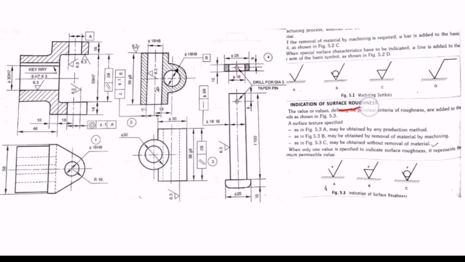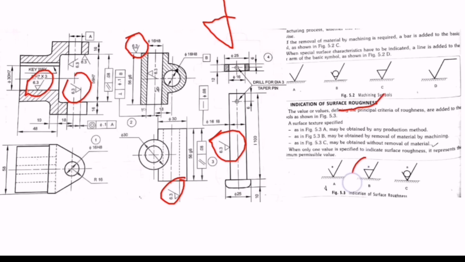Moving on to the surface roughness symbols, this is very important. In the figure we can see this is the surface roughness symbol, a triangle-like structure. It looks like this symbol. This symbol is used to indicate removal of material by machining. Wherever machining to remove material is required, we indicate this symbol. That's why everywhere you can see this kind of symbol in the answer figure. So we need to indicate this symbol compulsorily on the surfaces of the component drawings.